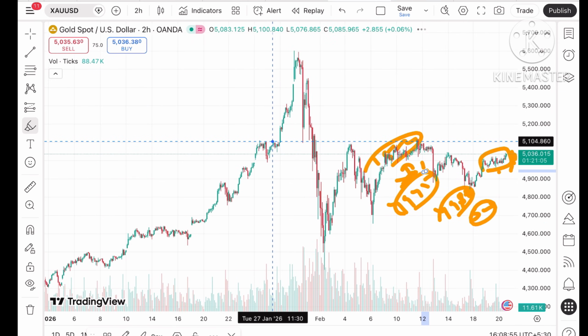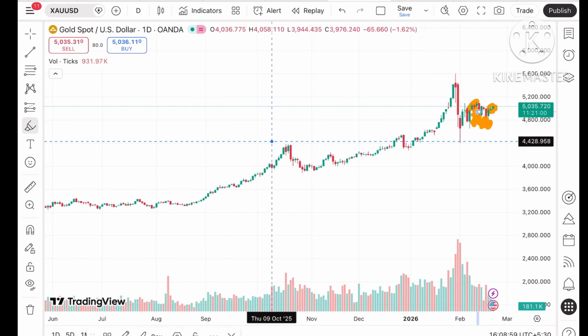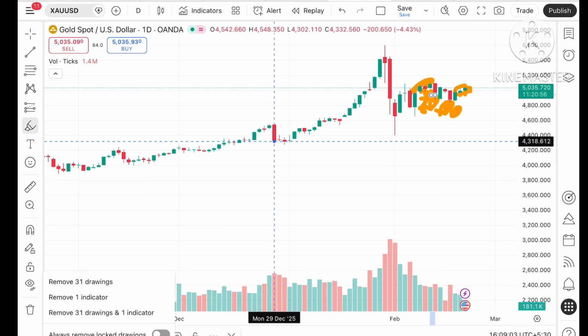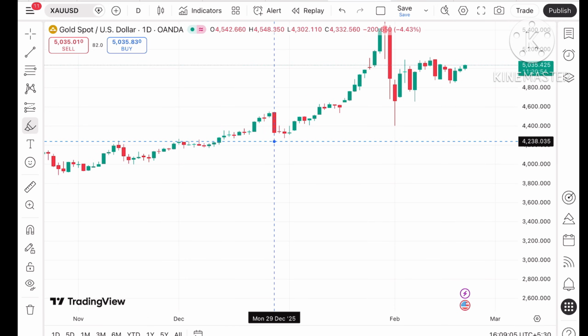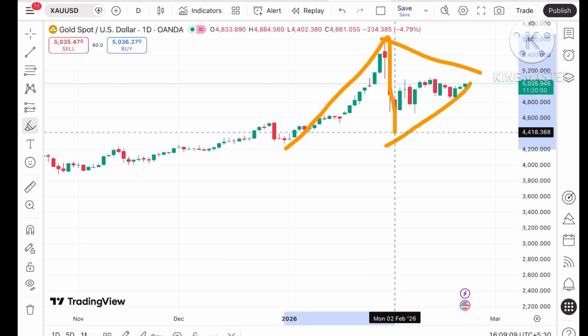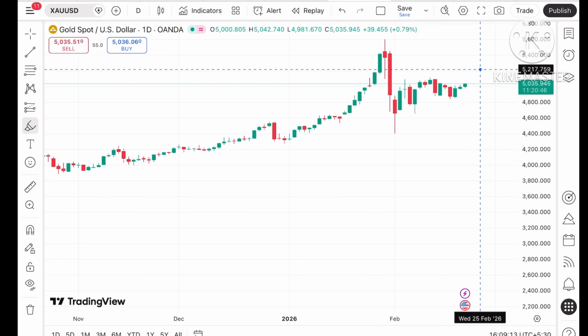Okay, now coming back to our daily chart, because the daily chart also plays an important role, and I will be explaining the daily chart in detail in another video. If you look at this particular trend on the daily chart, a narrow pattern has formed. If you look at this pattern, I clearly mention that the price can go further high,